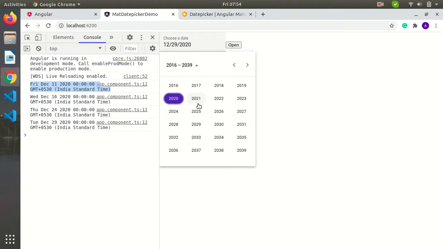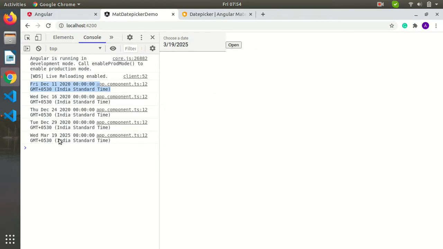Whatever you select, it is going to console log. Here you can see it. So this is a simple example of mat date picker, how we can implement this mat date picker into our Angular project.